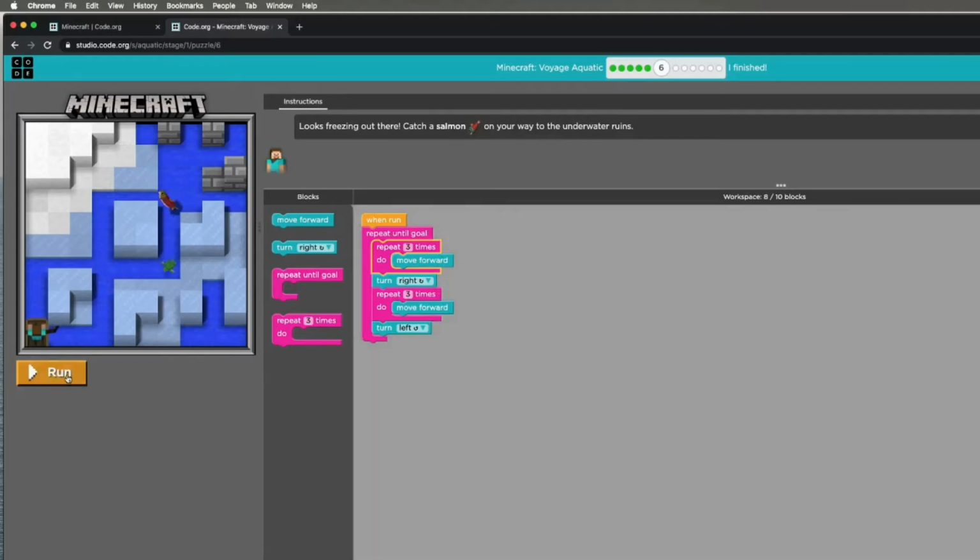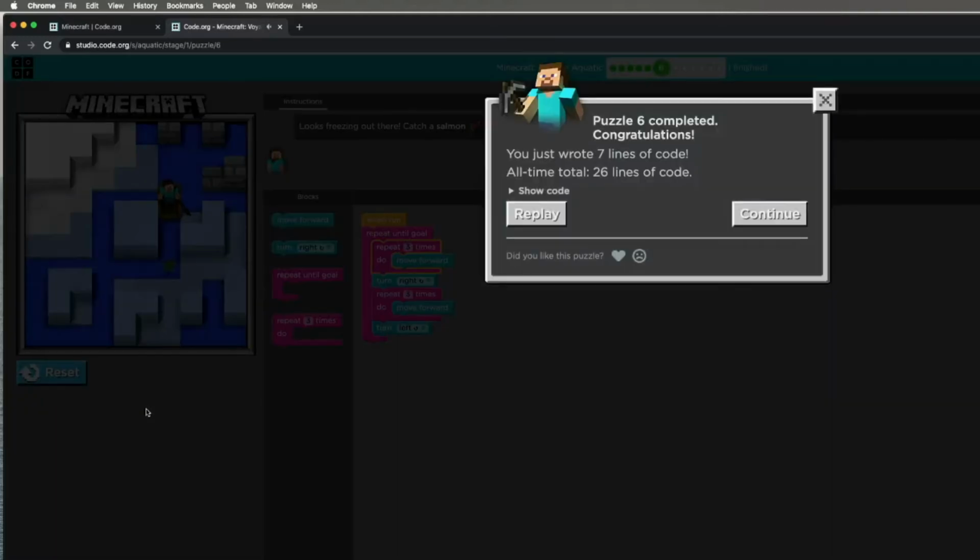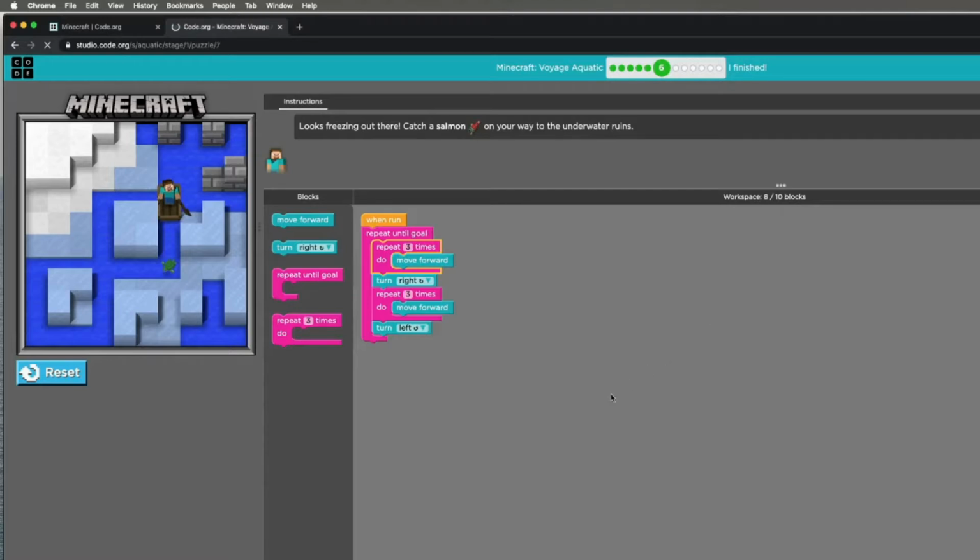So let's reset, run the program, you go forward, turn left, keep going forward, turn right, and that's it. You reach the place where you got the Solomon. Okay, now click on continue to go to puzzle 7,